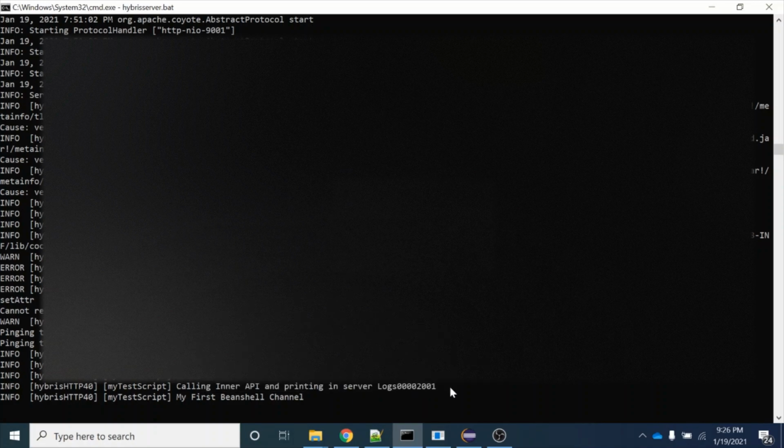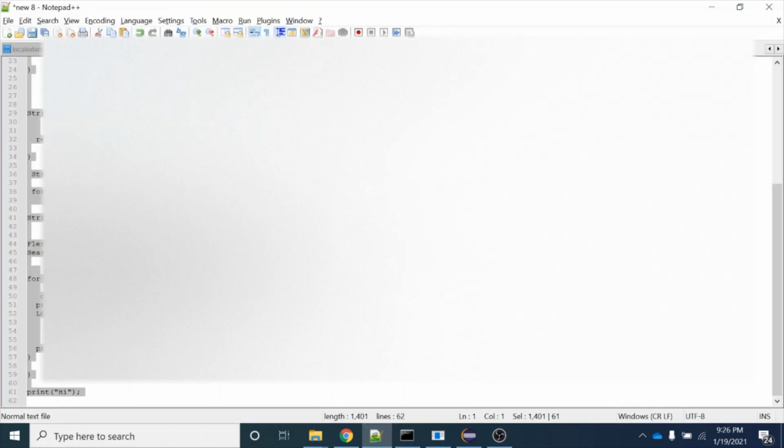So guys, this is about the Beanshell. Now I think you can understand what is Beanshell, how to write a Beanshell. You should be able to write from a simple Beanshell to a complex Beanshell. So now we know about the Beanshell. I think now we can write a definition for the Beanshell, and the definition of a Beanshell is: